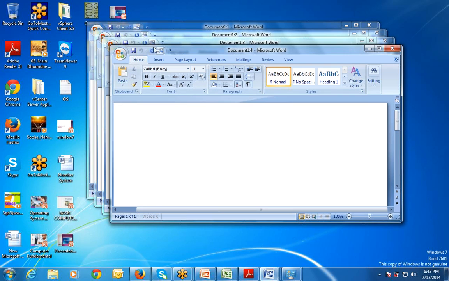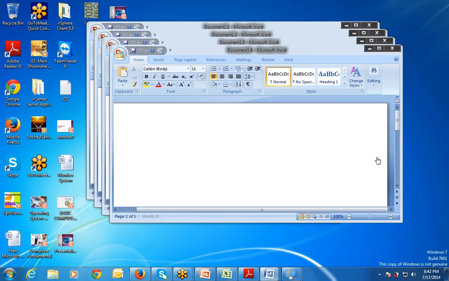So these are all 4 windows that are arranged in a sequence. This is known as cascading windows. It means when we are arranging the windows in a sequential, proper manner, that is known as cascading windows. Okay, is that clear? Yeah, it is. Thank you. Welcome. Any other questions?